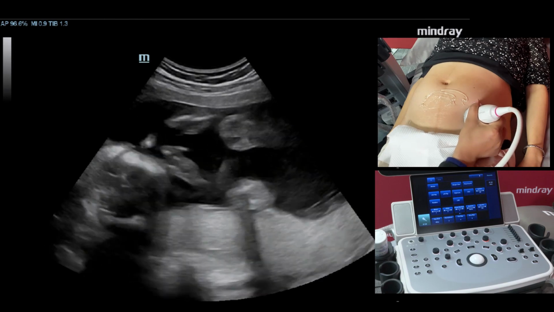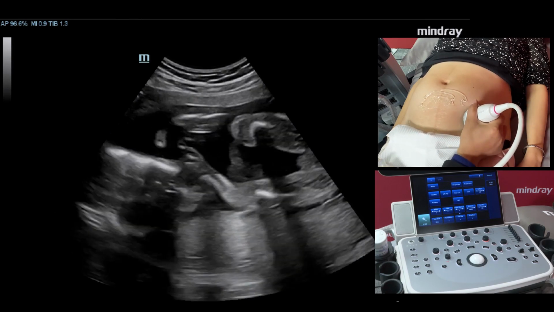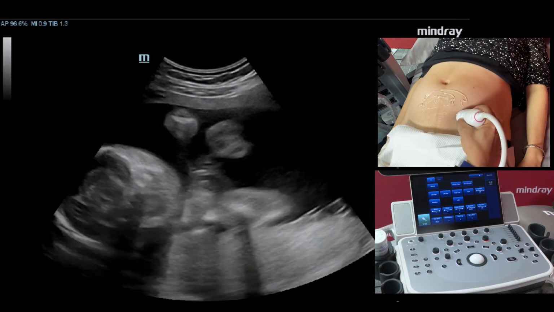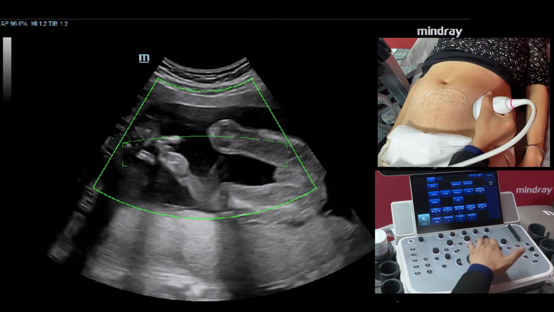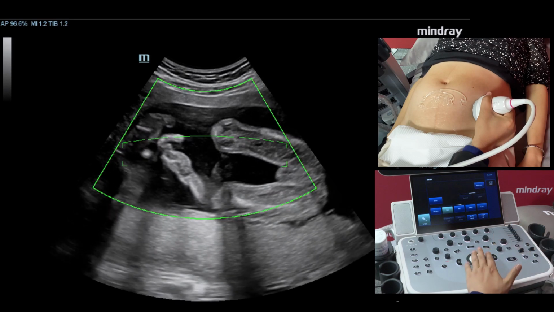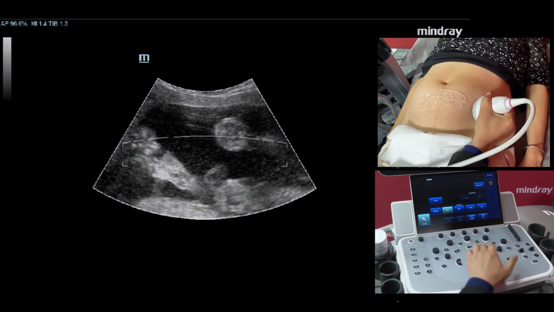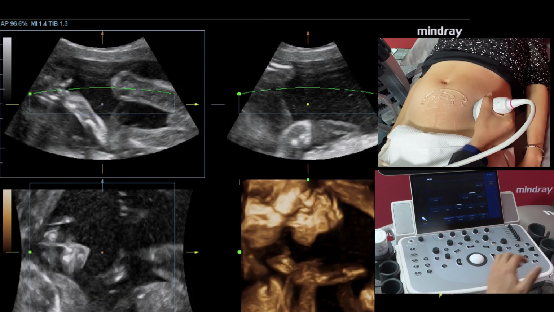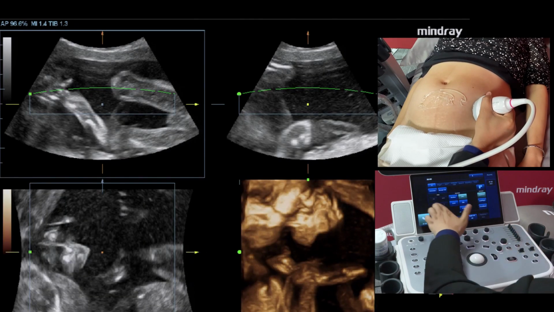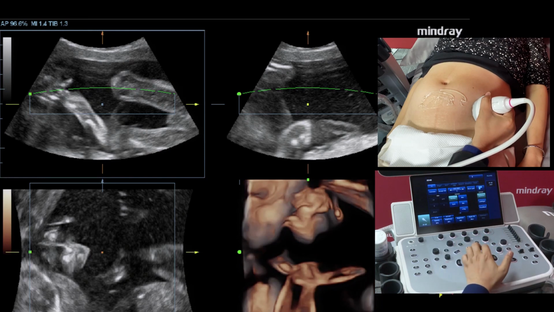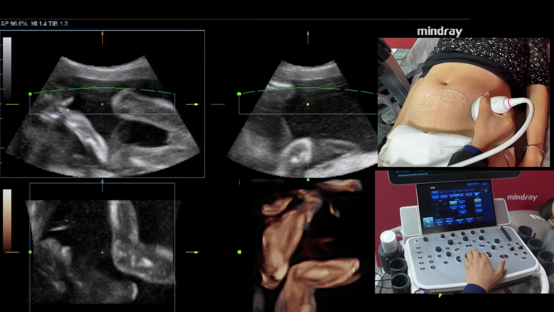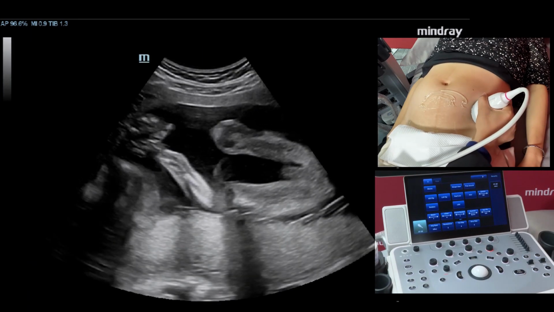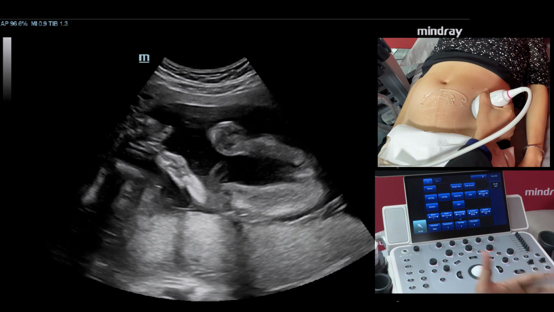So for this case, I think because the position of the fetal face is difficult to obtain, but we can see the fetal hand, and we can also use 3D and update. And then we change the render mode to surface. We can't see anything because the baby is moving. In this situation, we should use the 4D mode